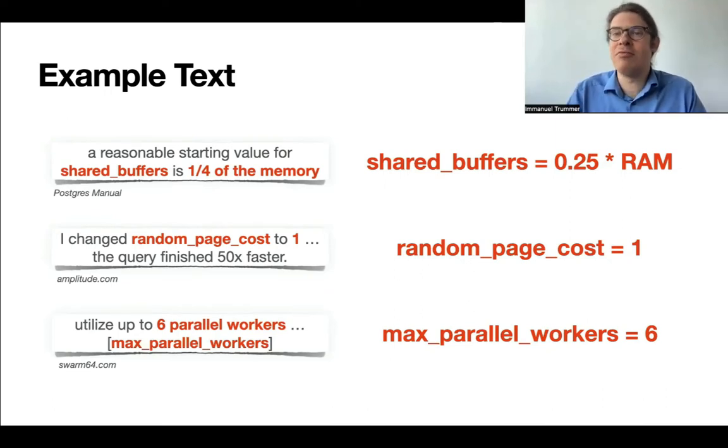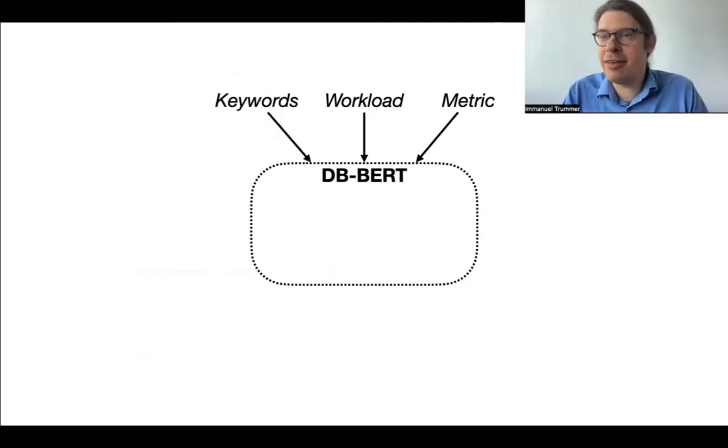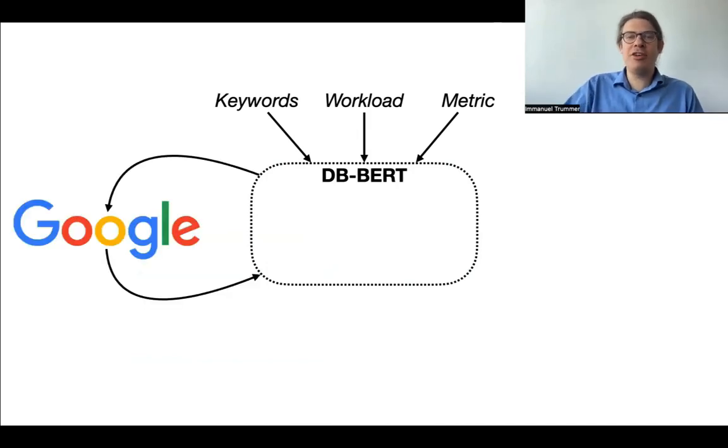Once we know that, we can resolve this recommendation into a concrete value. Now, the DB-BERT system takes as input a workload that we want to tune, as well as a performance metric we want to tune for, which could be throughput as well as latency. In addition to that, DB-BERT takes as input a set of user-defined keywords which describe the tuning scenario. And it uses those keywords in order to retrieve relevant documents via a Google search and automatically extract the corresponding